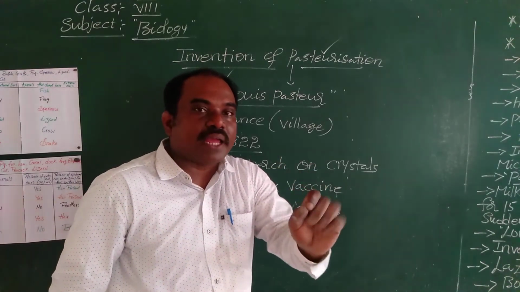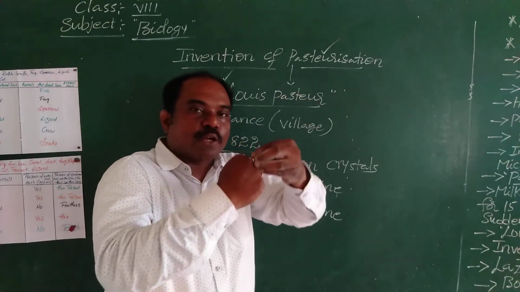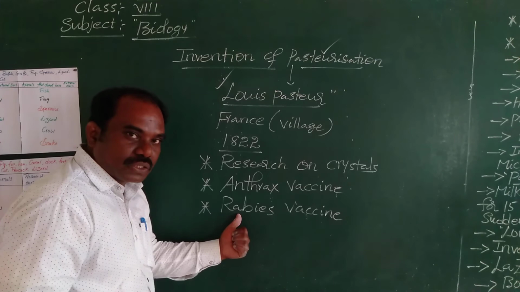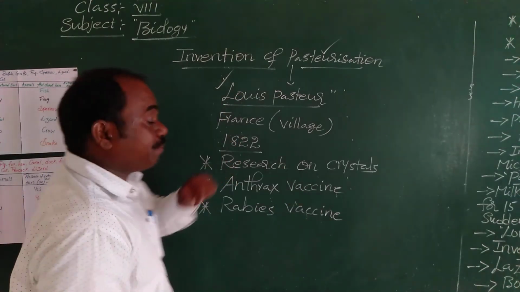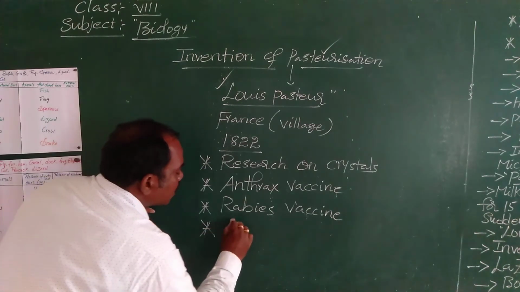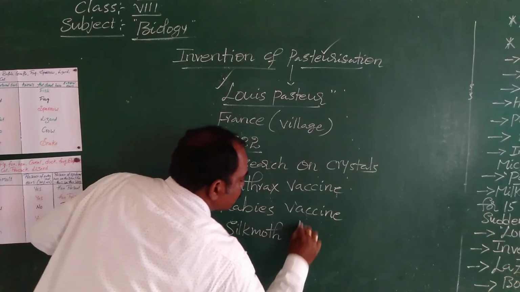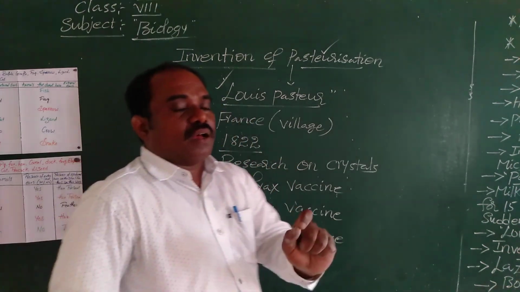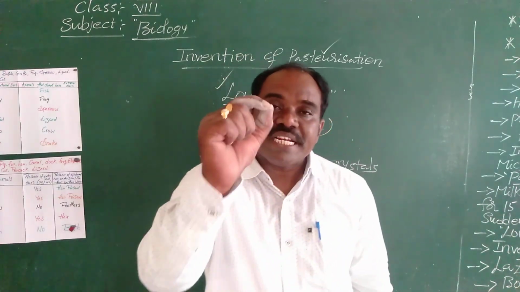Rabies is caused by a dog bite. A viral infected dog can bite a human body. It causes rabies. Louis Pasteur discovered the rabies vaccination. And he also discovered the silk-moth disease. One of the diseases can affect silk moths. During the 18th century,